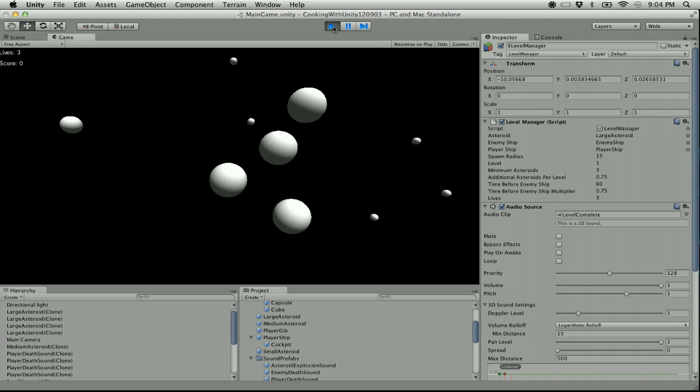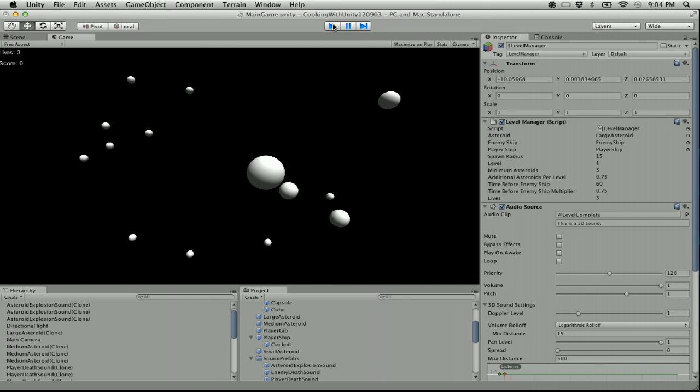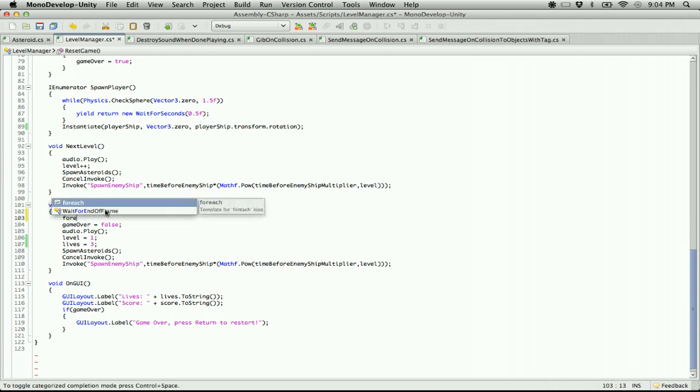Game over, press return. Okay, still perfect, because it doesn't spawn the player? Is that what happened? Yeah, we don't spawn the player. That might help. So actually, we should also destroy all asteroids. For each game object, asteroid...